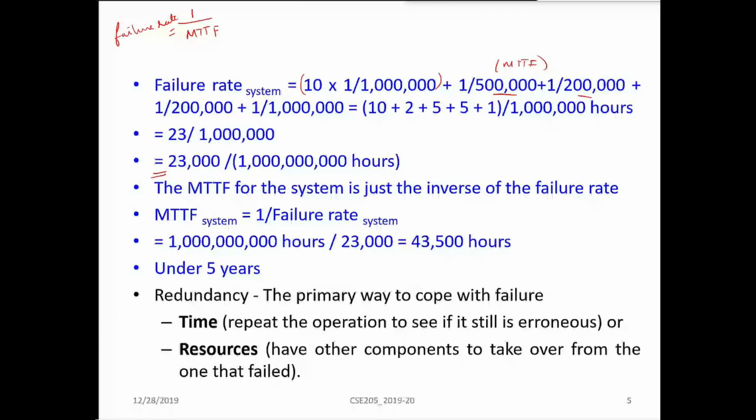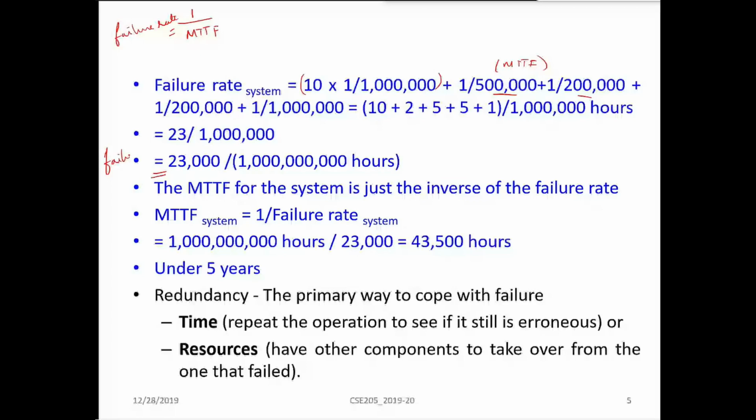So we know that, right? What is MTTF? MTTF is again the reciprocal of the failure rate. So 1,000,000 divided by these things. So we are just taking the reciprocal. When you do that, approximately we are getting 43,500 hours, which is equivalent to 5